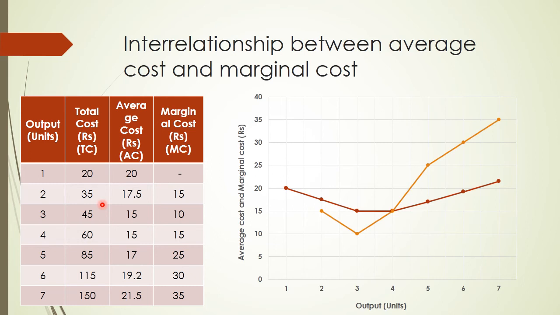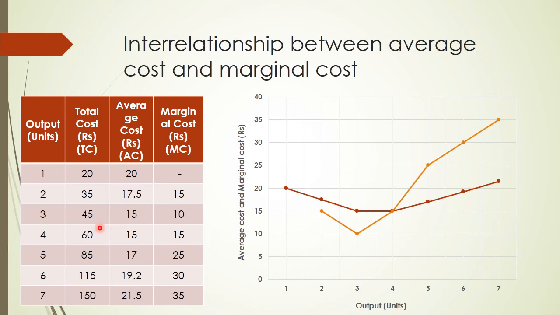Now here, cost per unit of output is called the average cost, and the marginal cost is the cost increase to produce one extra unit of the commodity. The producer in the long run decides to continue production when the price of a commodity is more than the average cost. In the short run, he will continue production if the price of the commodity is more than the marginal cost. So both are very important, average cost as well as marginal cost.